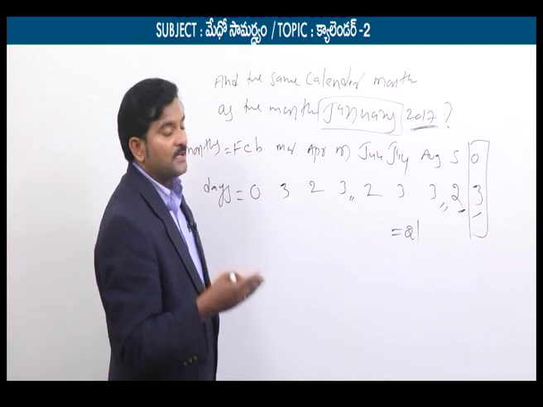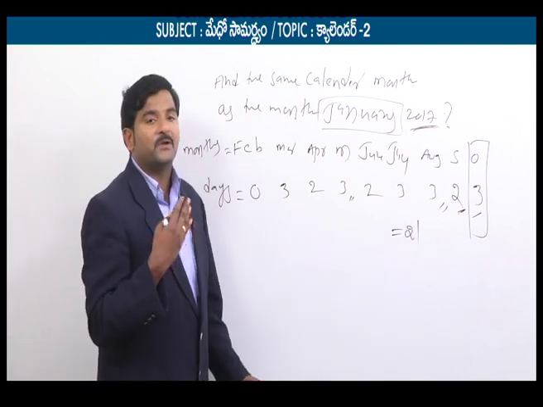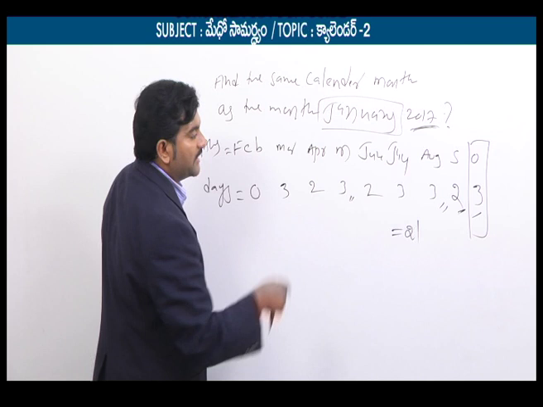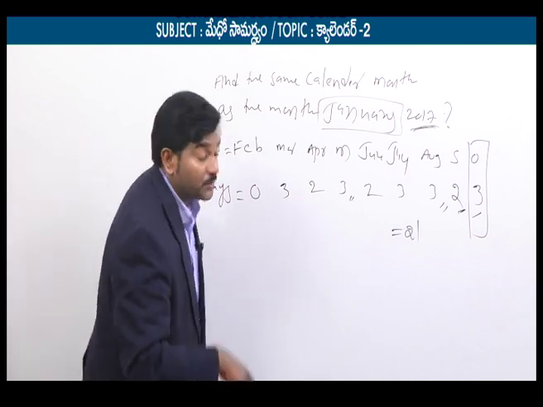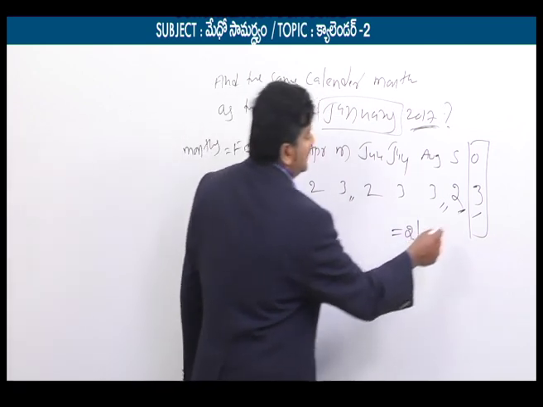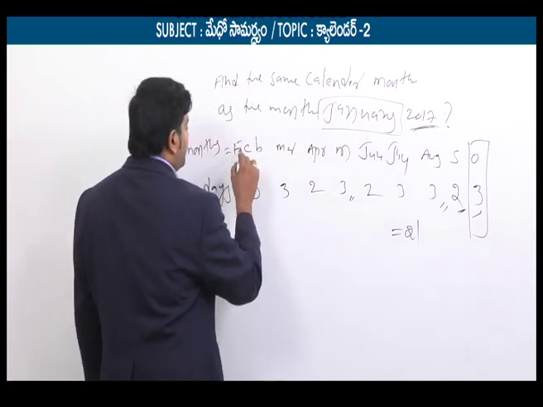Adding the sum of all this, the chance of getting 7 is missed, the chance of getting 14 is missed. Finally what am I getting? 21. For which month did we get 21? For October month. That's why what we can say